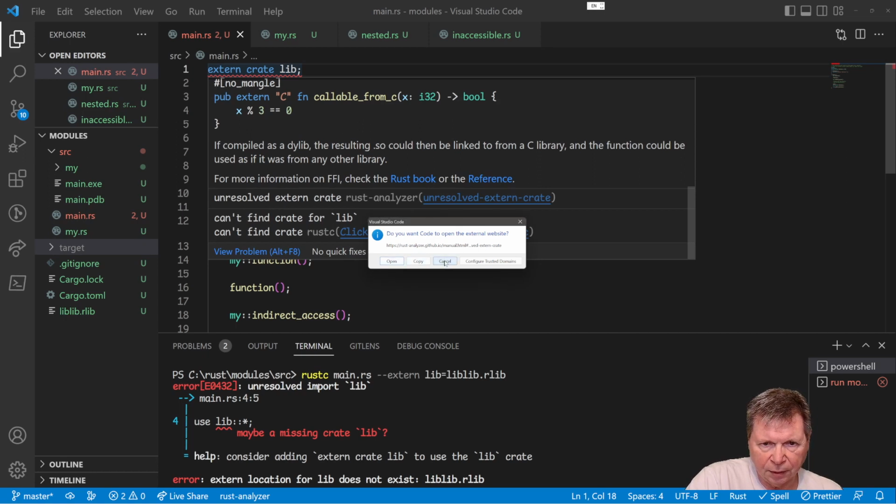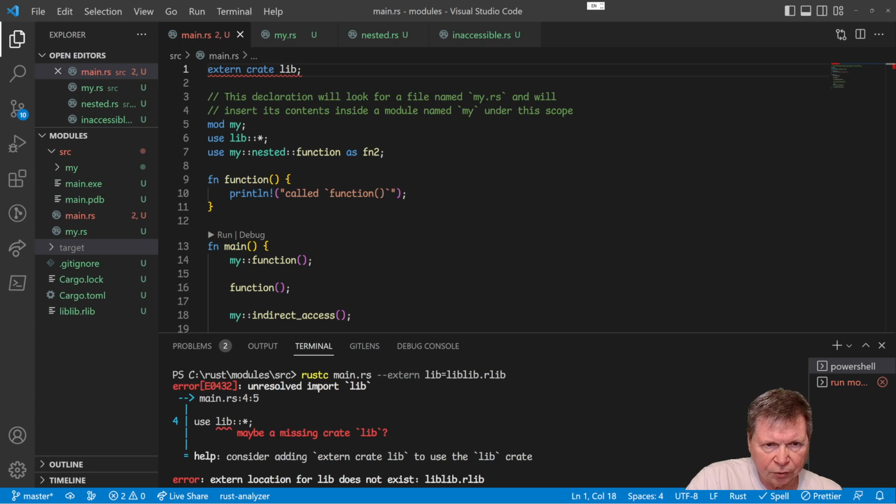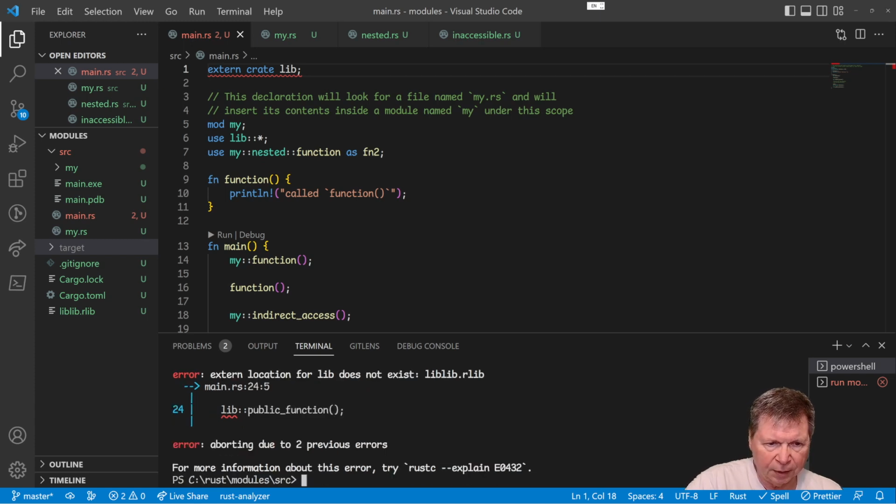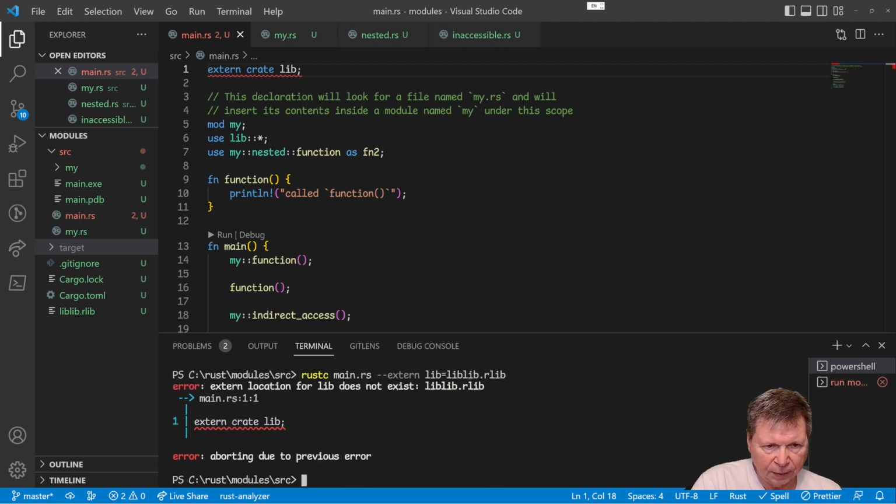Alright, let's cancel this. Alright, now that we've done that, let's try using the up arrow here and running this again. Nope. Extern location for lib does not exist. lib.rlib. Well, it does. But, oh, it's up one level from where I am, because I'm in the source directory. So let's go ../